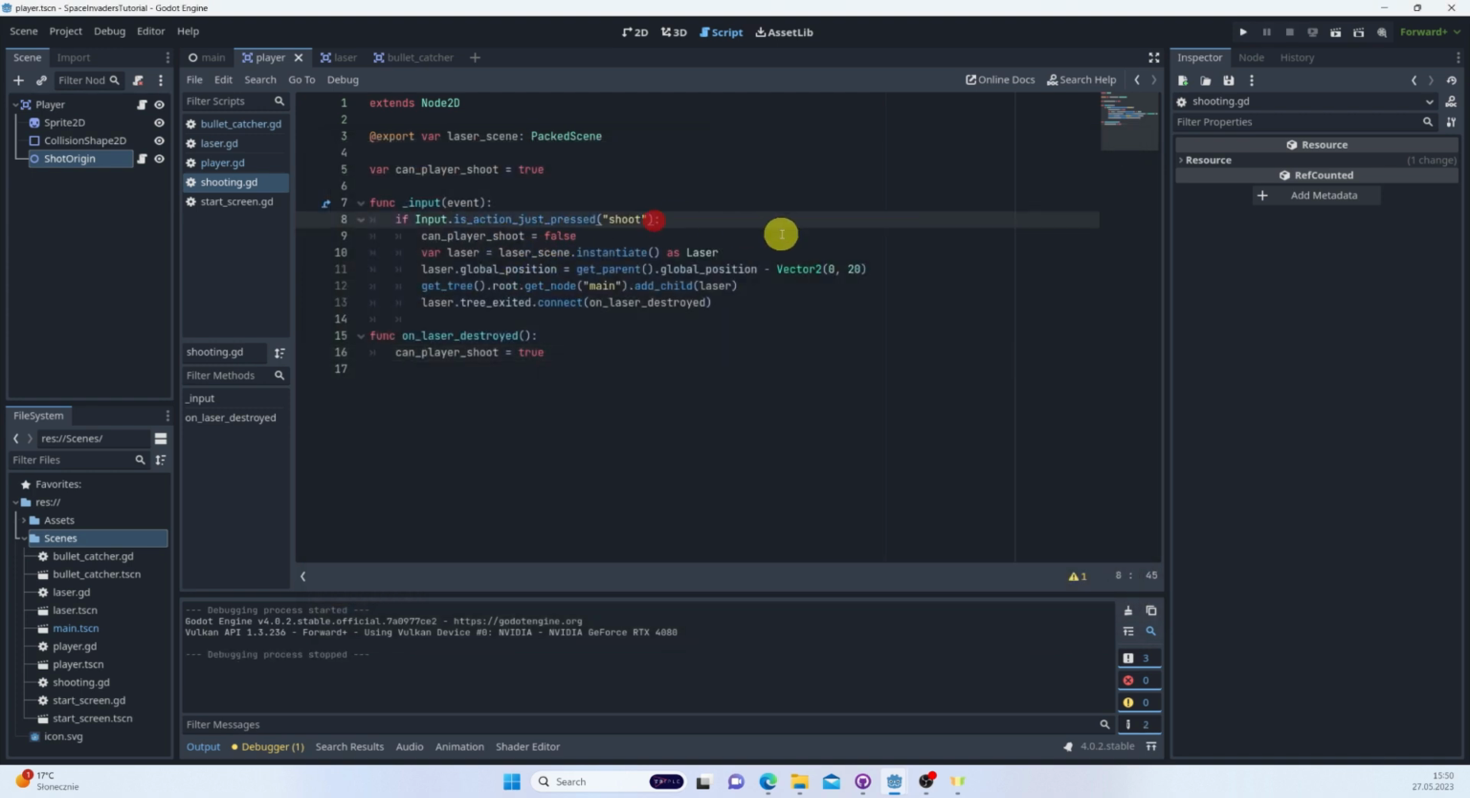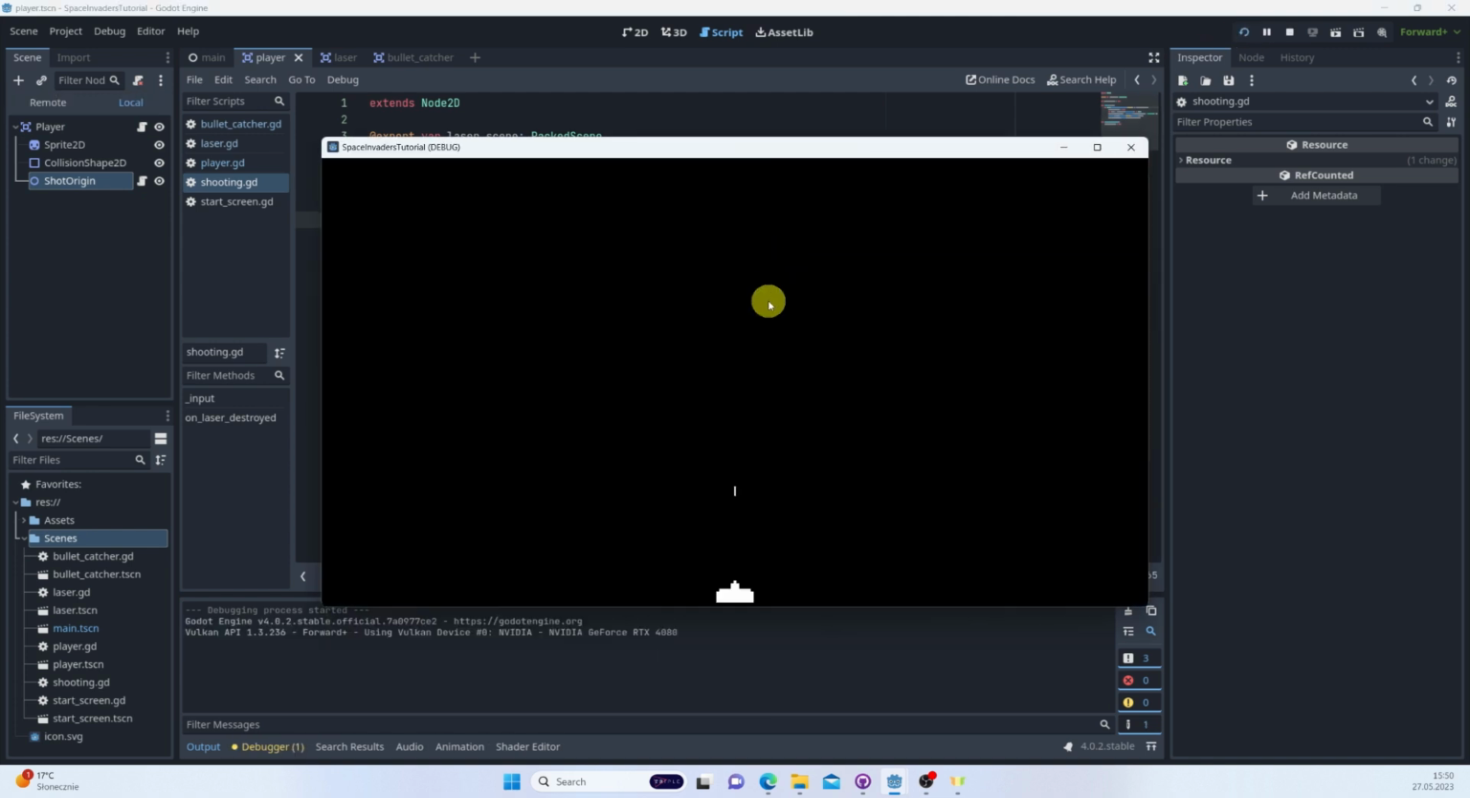Oh, we have to add the check for that. Can player shoot? So now there's no other spawn. I'm trying to press space, but only whenever I'm actually hitting the bullet cutter and my perfect shot is getting removed. Also, we need this because